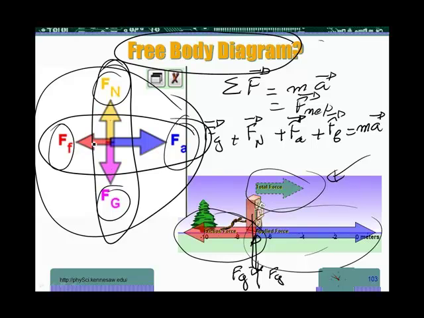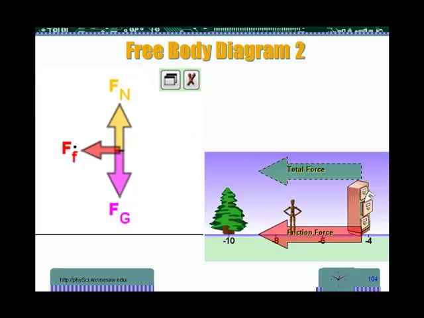So now here, Ff and Fa are in the same direction, but they are unbalanced. So Fa minus Ff is going to be my unbalanced force. It's Fa minus Ff because Fa is larger than Ff. Okay, let's look at another case. In this case here,